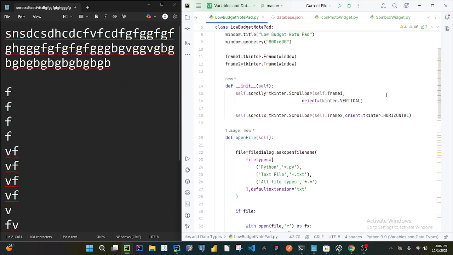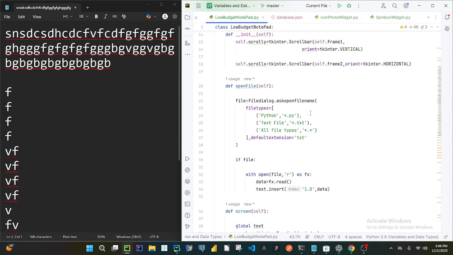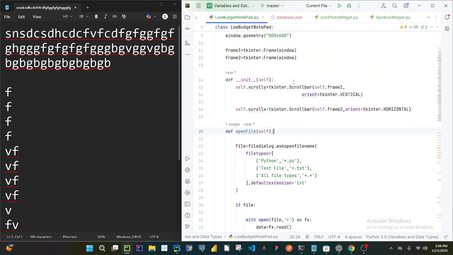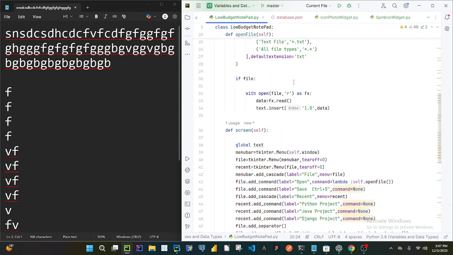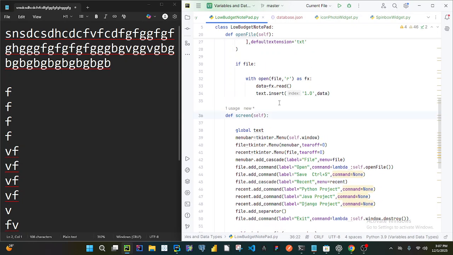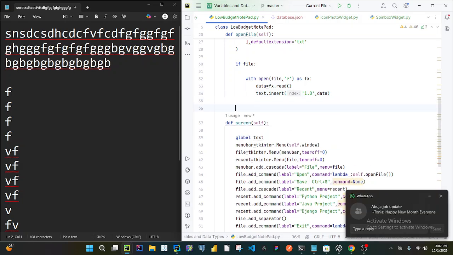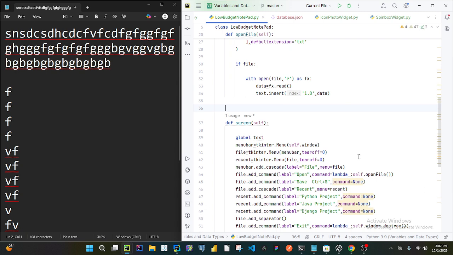We're still going to do Control S. I will attach a binding function to this program. Now the next one I want to do is to make sure that it saves when I press Control S and when I click on the save option. For me to do that, I will just create a function, and I'll say save